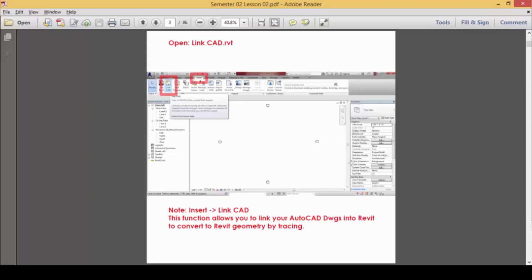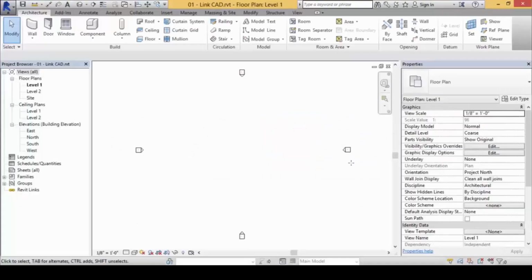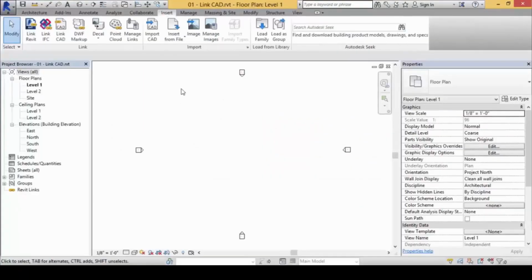So the command to do this would be to insert. You will find that there are two items down here, which later on we will cover and talk about. First of all, within insert itself, we are going to touch on this one called link CAD here. Now, this is very similar to import CAD.